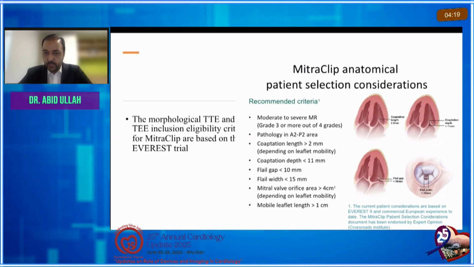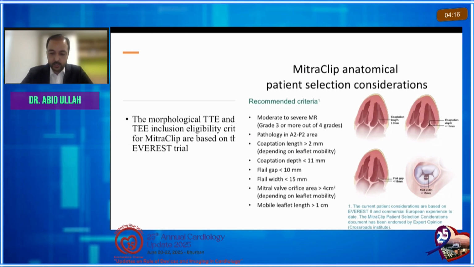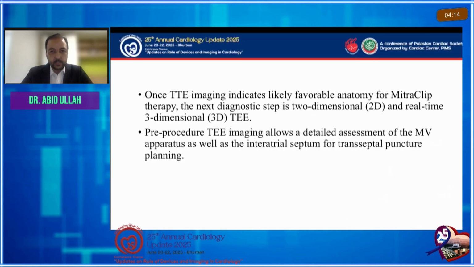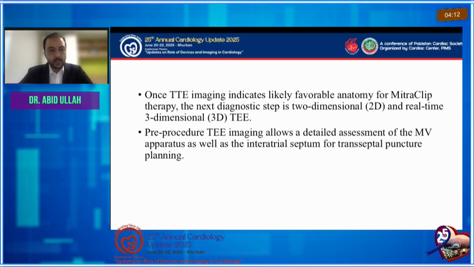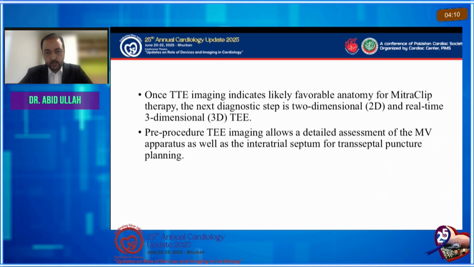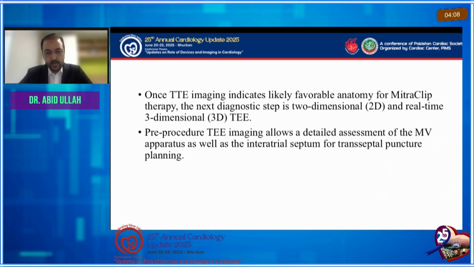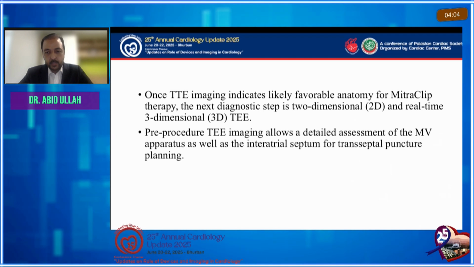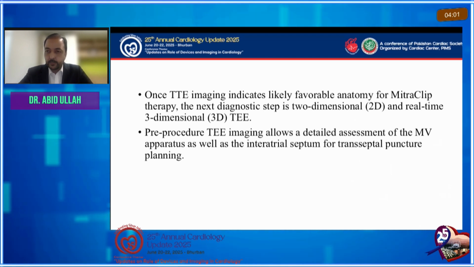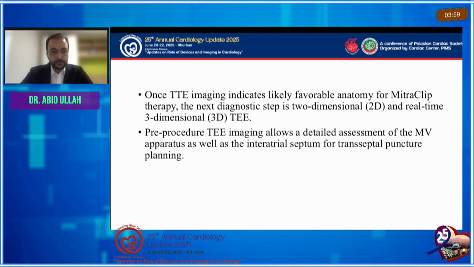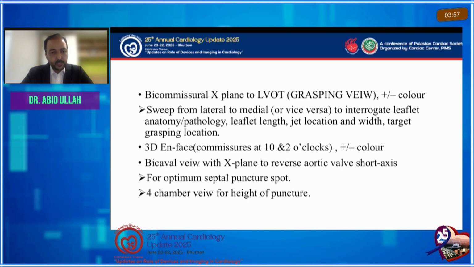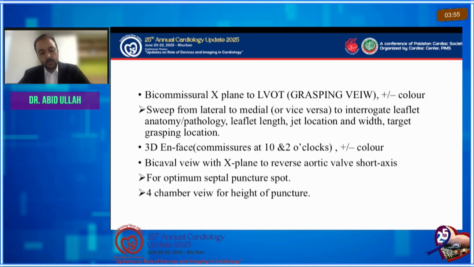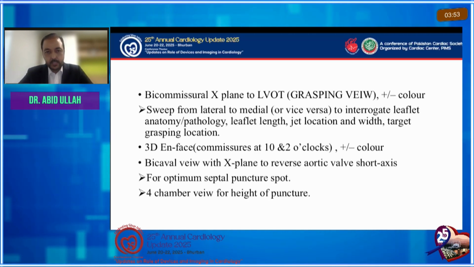So each one of these needs a very good echo assessment even before we consider a patient for mitral clip. Once a favorable anatomy is identified, the patient undergoes a TE, and it allows a detailed assessment for the procedure. The preoperative assessment, basically, there are three views on the TE, which involves the 3D TE as